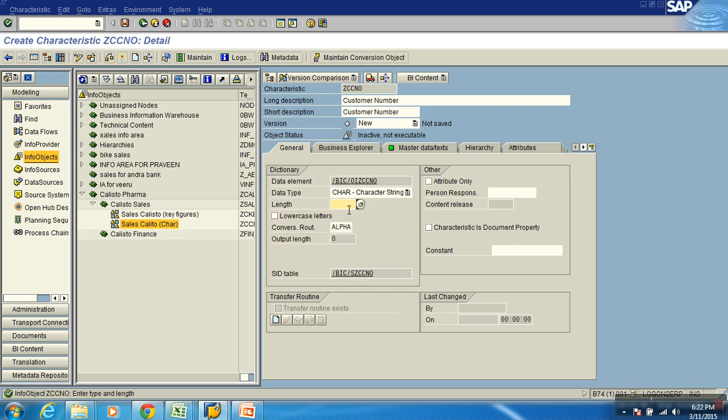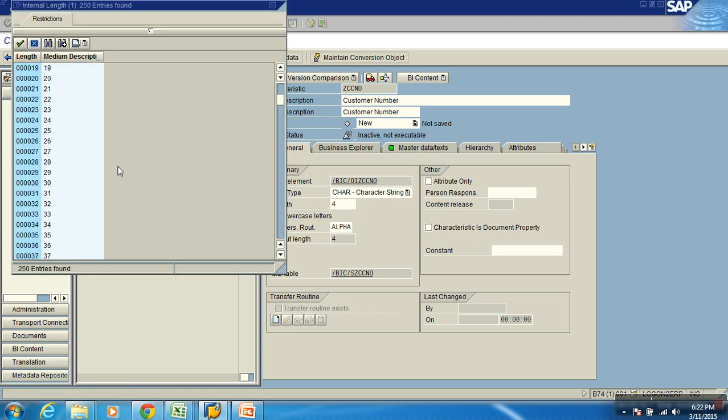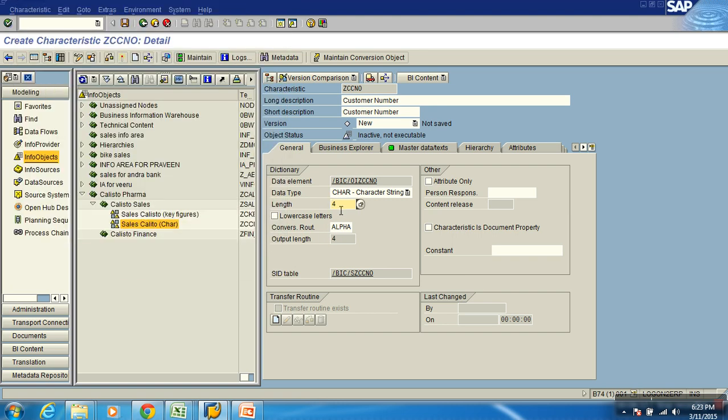Now I wanted alphanumeric, so I just wanted a length of 4 because it was C100, C200. A length of 4 is fine. Then the max length of the InfoObject is what? Look at this. In the previous versions we only had 60 characters. Now it moved on to 250 length. Till BW 7 we had only 60. Only from 7.3 are we flexible to have a 250 length here.